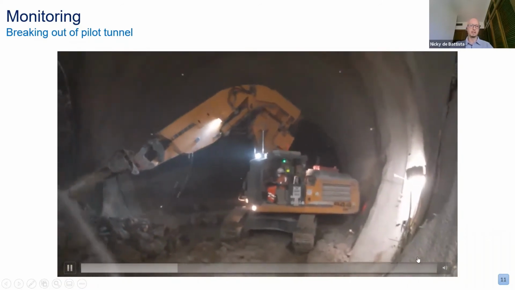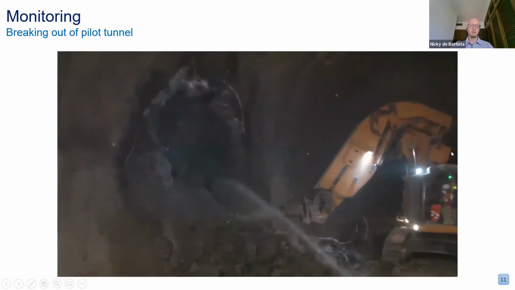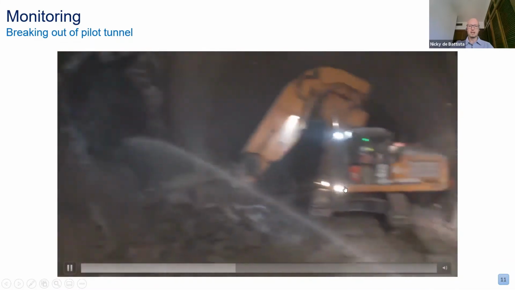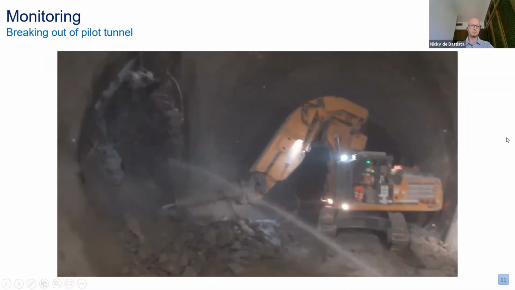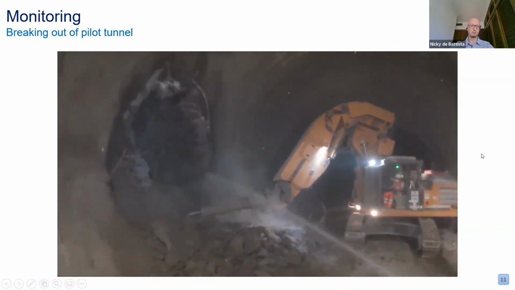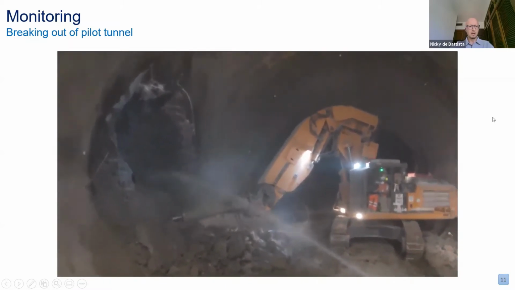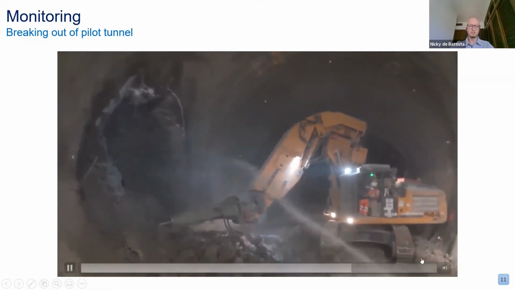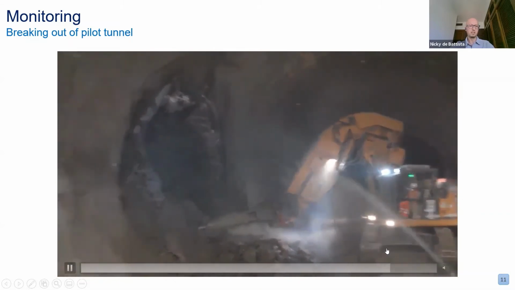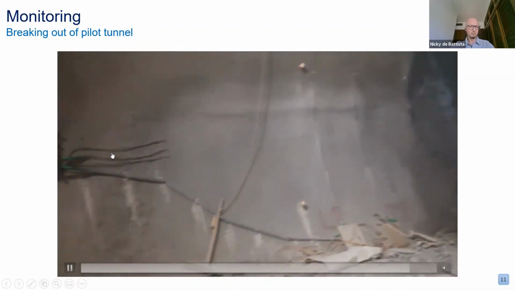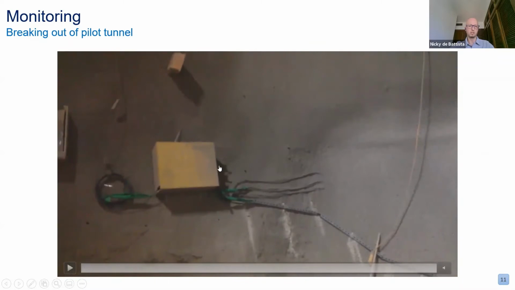You've got this big excavator here hacking away at the lining of the parent tunnel, exposing the clay surface behind. And you've got an operative here semi-enthusiastically spraying the air to reduce the amount of dust that's generated from the excavation. And to the left, you'll be able to see in a minute our fiber optic cables coming out of the thickening concrete. You can see them here coming out of the thickening concrete, leading to the fiber optic junction box